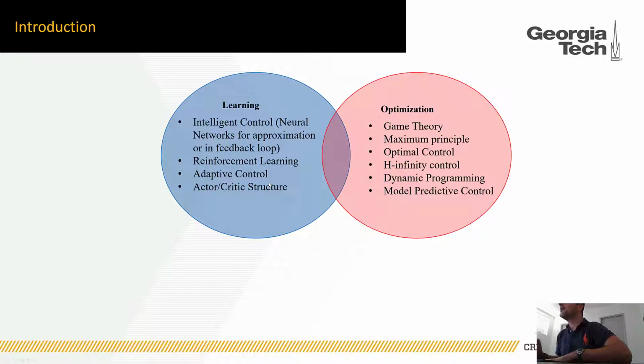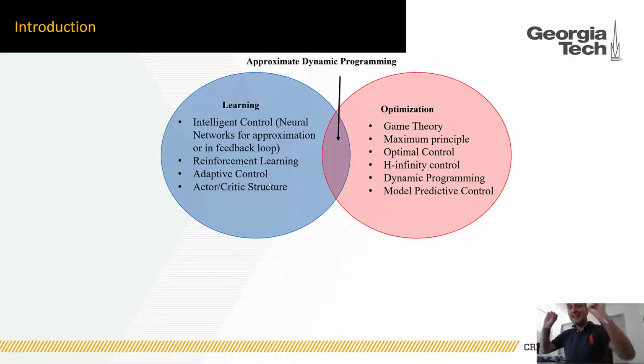But of course, when you bring this together with optimization, then you can solve game-theoretic problems, optimal control problems, H-infinity control problems, dynamic programming problems, etc. And the idea that brings these two bubbles together is called approximate dynamic programming. As you all know, dynamic programming suffers from the curse of dimensionality, and everything has to be solved backwards in time. Approximate dynamic programming solves everything forward in time, is the basis for reinforcement learning, and